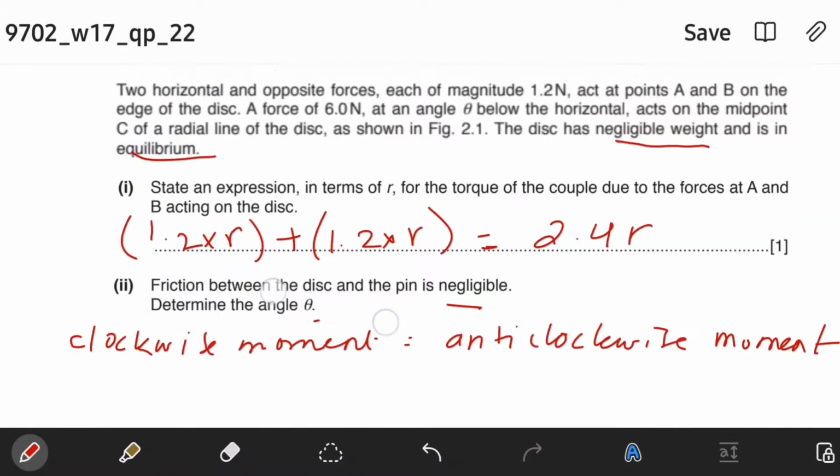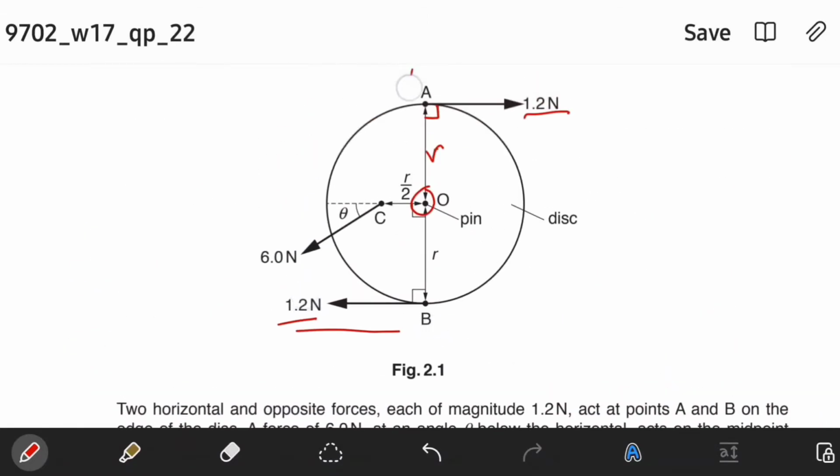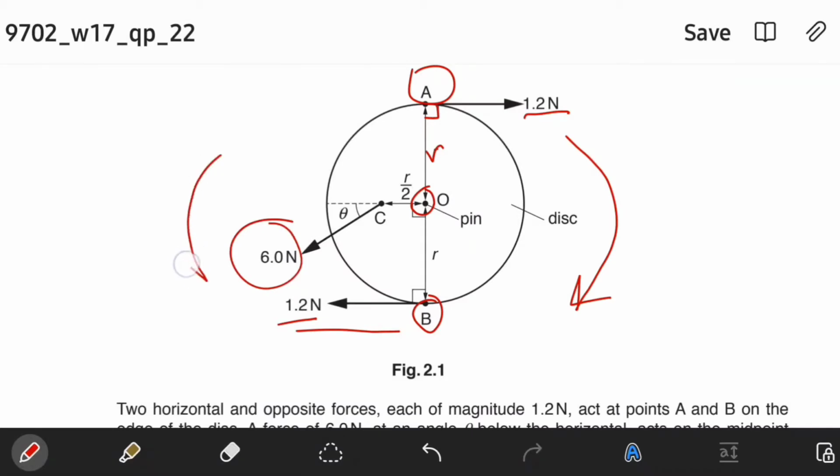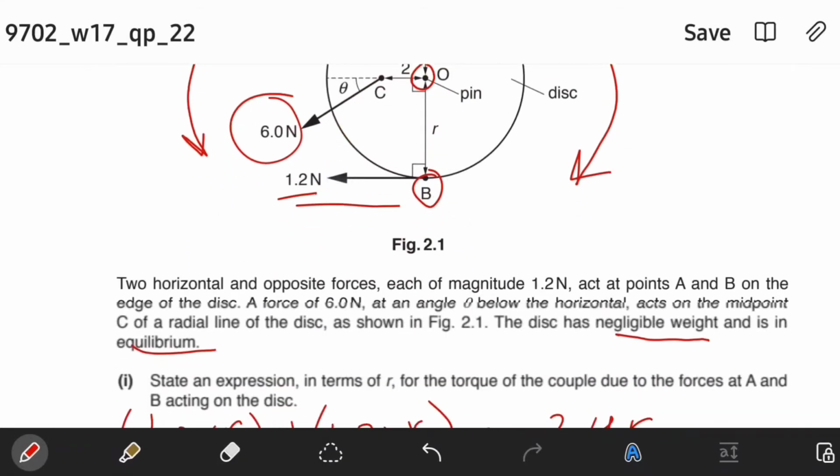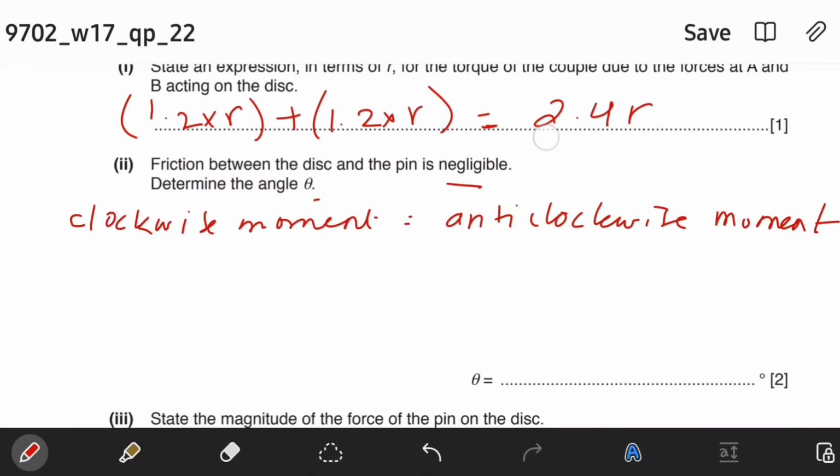So clockwise moment, let's see the diagram. So this A and B, these are going to produce a clockwise moment, while this force here is going to produce an anti-clockwise moment. So let us write in clockwise moment, simply this expression will come 2.4r is equals to,